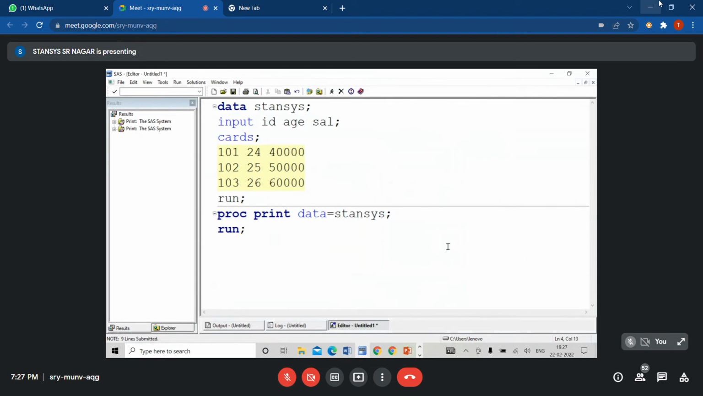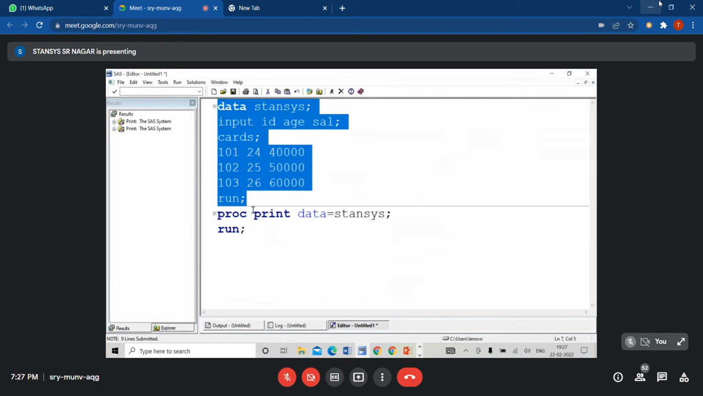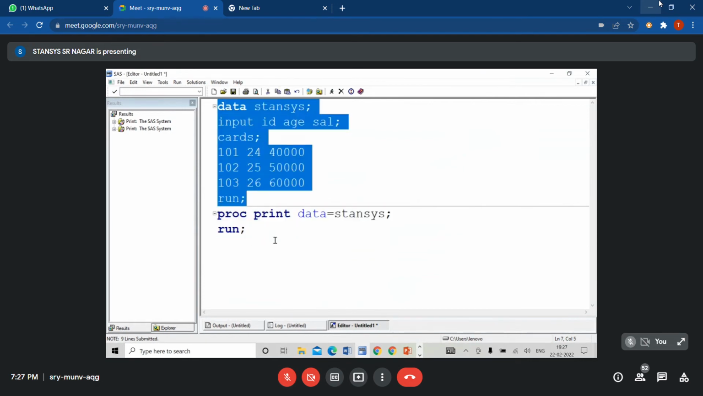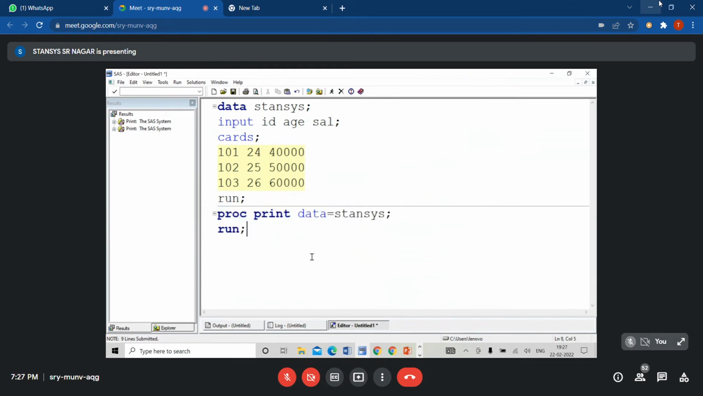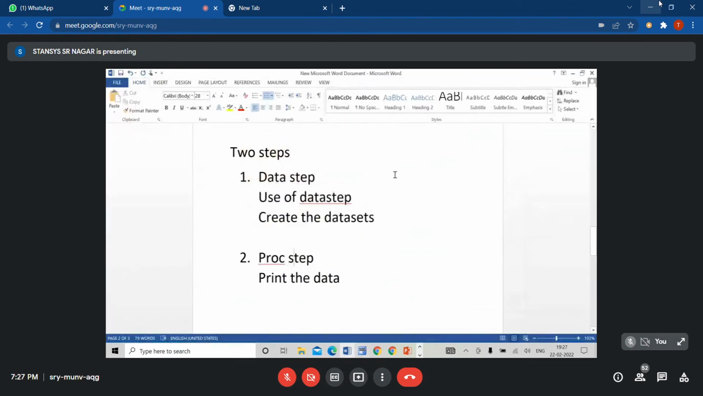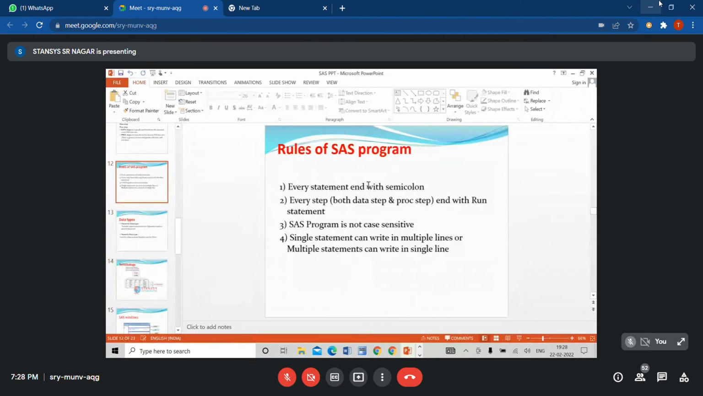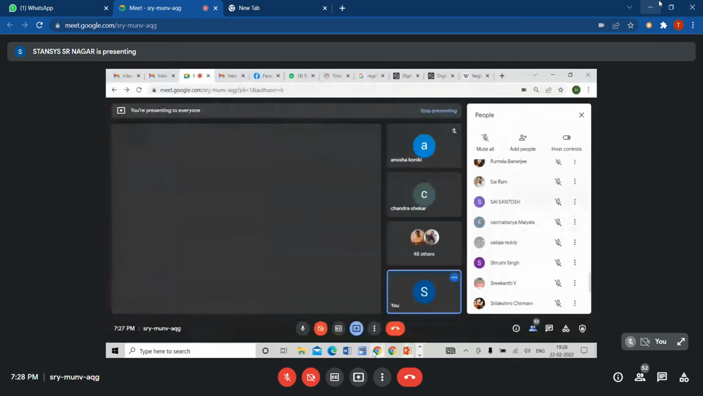So guys, now is it clear? This is called the data step and this is called the proc step. The data step is used to create the data sets and the proc step is used to print the data sets. Before that, if you want to write SAS programming, you need to follow some rules. What are those rules? Rule number 1: every line or statement must and should end with a